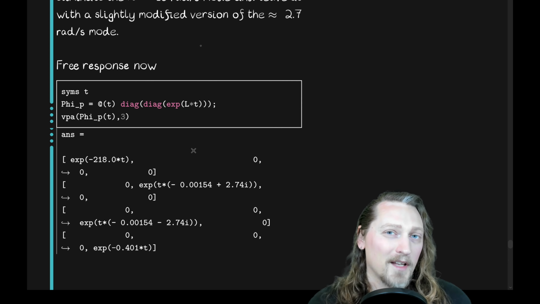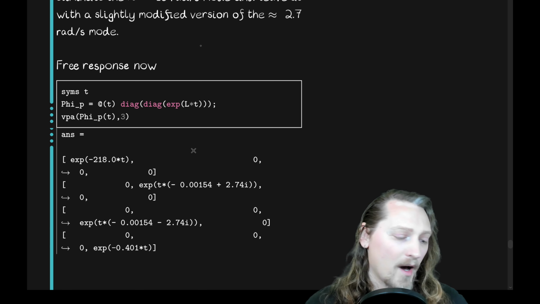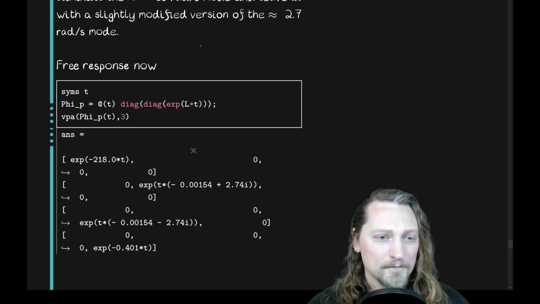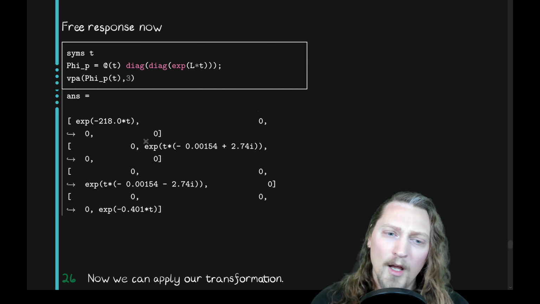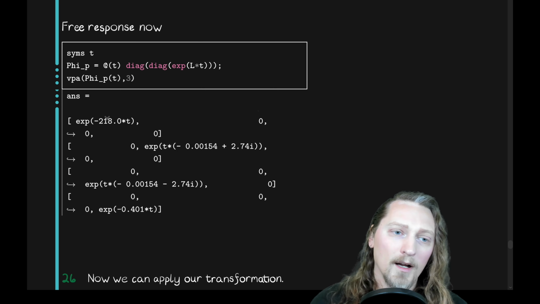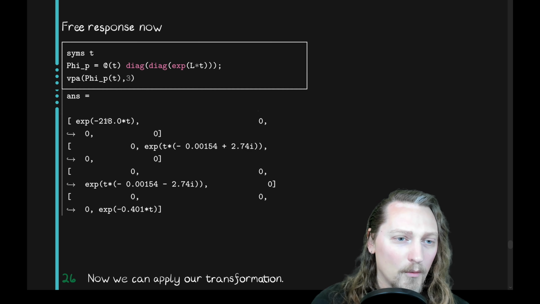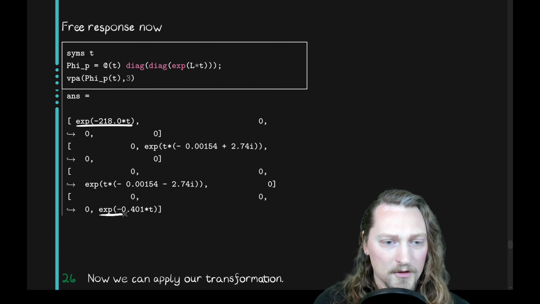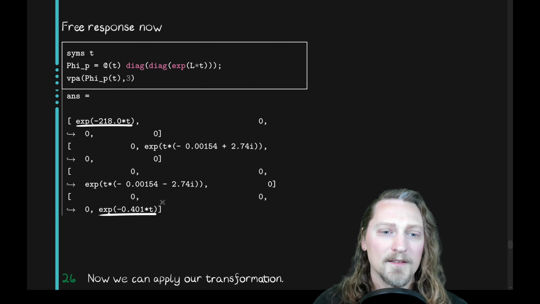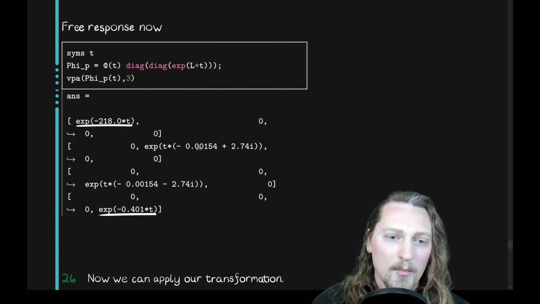All right, so we're going to do the same process of finding the free response of this system that's now modified with that damping coefficient. So we compute the primed phi. Again, it looks similar, but now instead of having pairs of imaginary exponentials, we have one real exponential showing up in the first one, a real exponential showing up in the last slot, and then we've got these complex conjugate